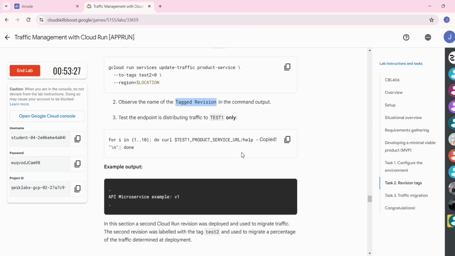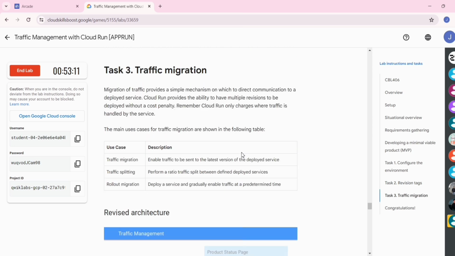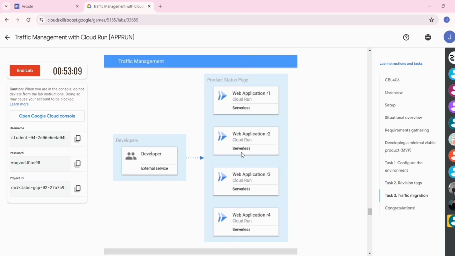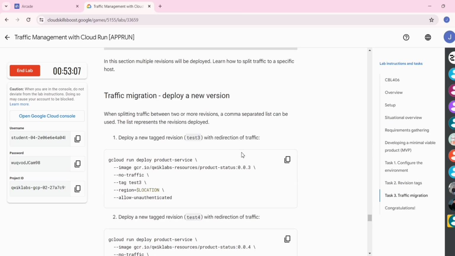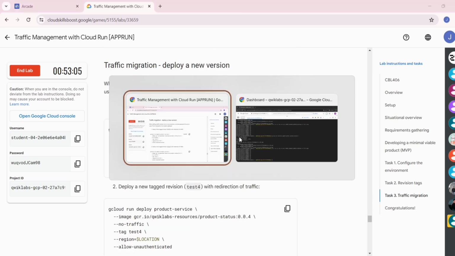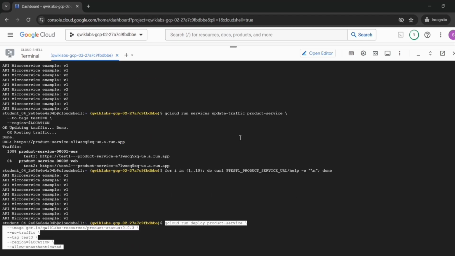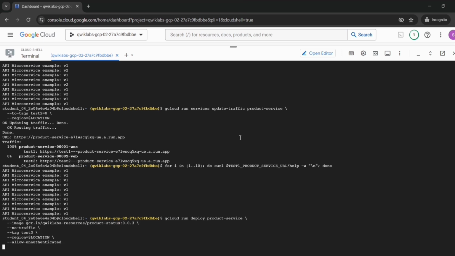Now go back to the lab instructions. Now we have to do the third task, that is traffic migration. For that, copy the first command from here, paste it here and press enter.